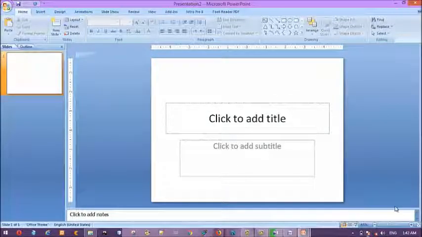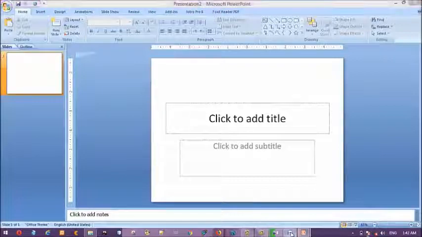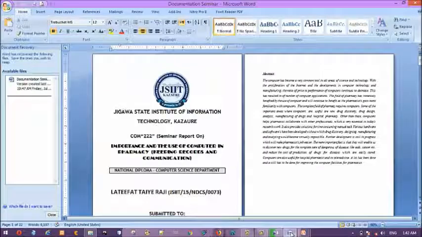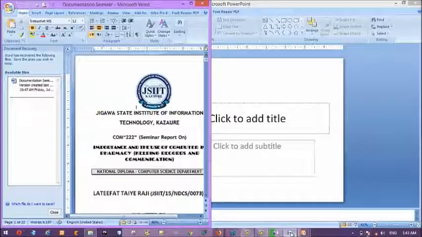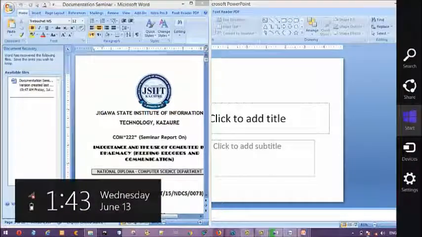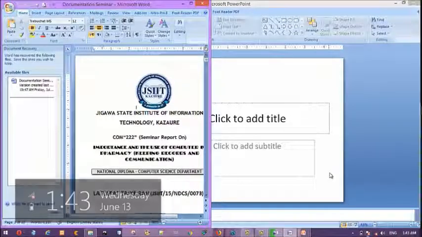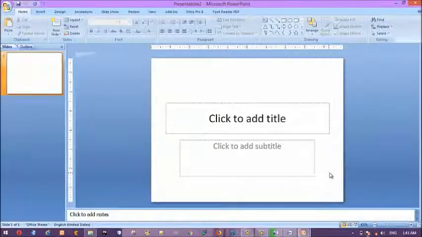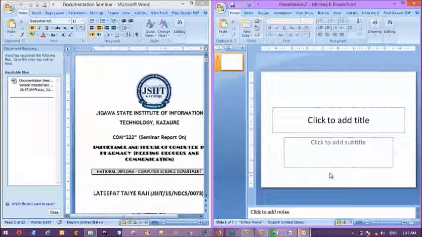Now, to bring the work from Microsoft Word, we are going to divide the screen into two like this. You press the Windows button and the back button. Now it has divided the screen into two. You have the Microsoft Word environment and you also have the PowerPoint environment. Now on our presentation